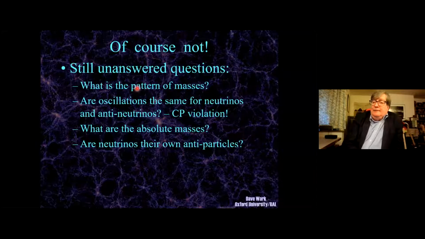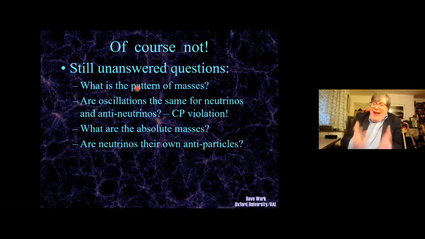In fact, even before any of this was done, before the neutrino had even been observed, a fellow by the name of Ettore Majorana had stated that this was a possible solution, because a positron can't be the same thing as an electron because they have opposite electric charge and so on.